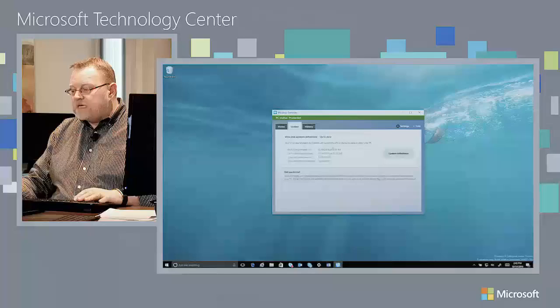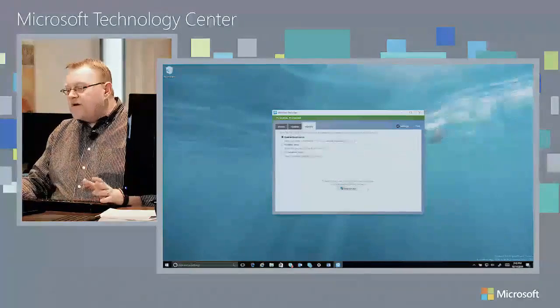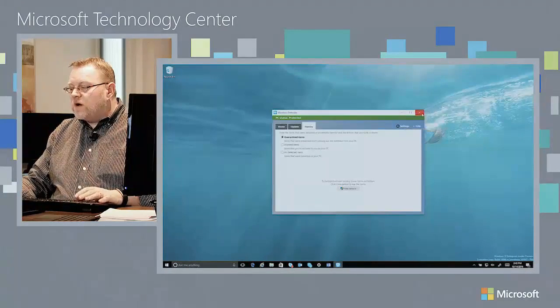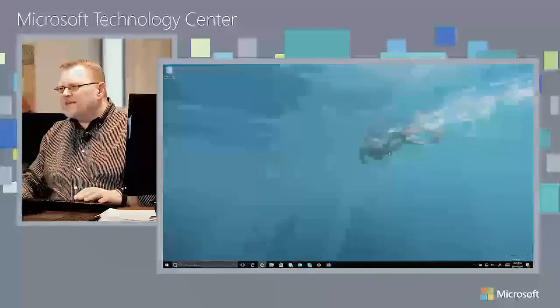To do that, I'm just going to switch over here. And of course, I've got my PC running. I, of course, have Windows Defender running that's keeping a steady view of things. And I've got some protection updates. I can also turn on some additional capabilities there. But you don't see anything different inside of the Defender client. It's up to date. We can see exactly what's going on. And of course, I can look at my history as well. The end user doesn't see a difference here at all.